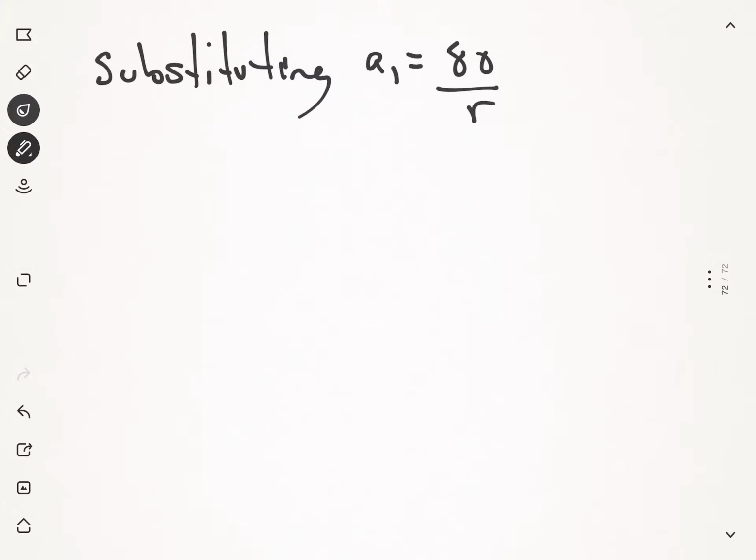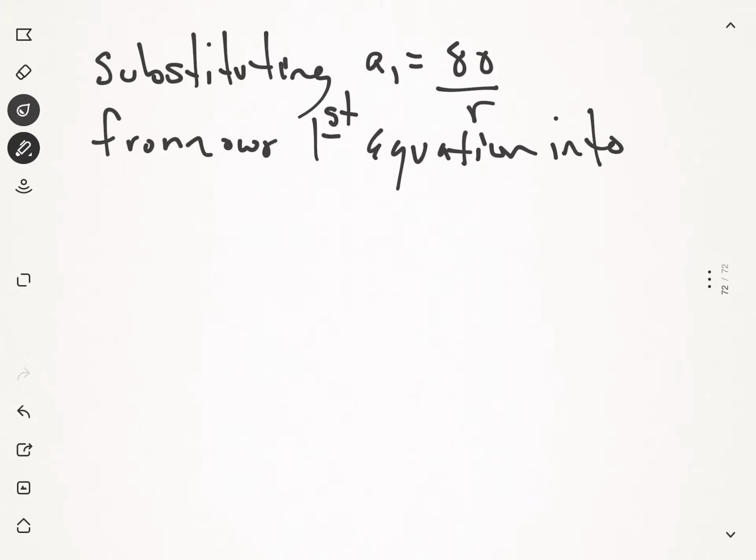Now substituting a1 equals 80 over r from our first equation into the second equation, we get